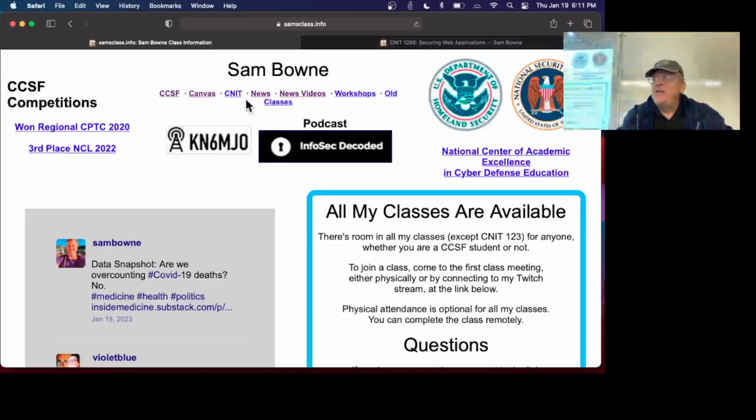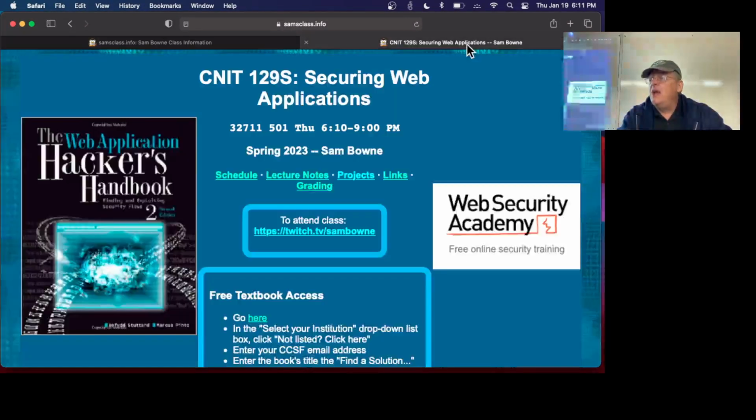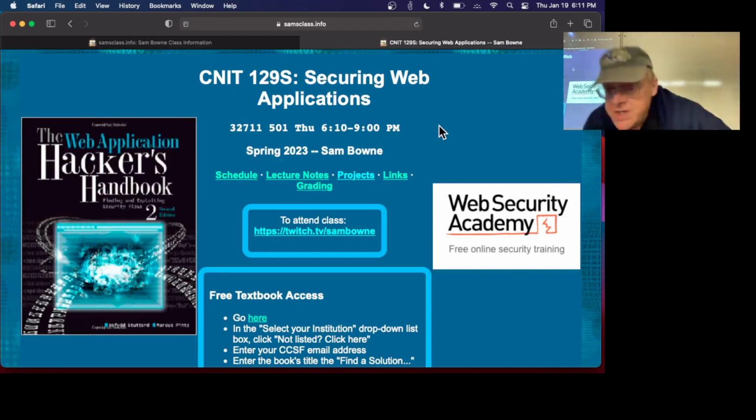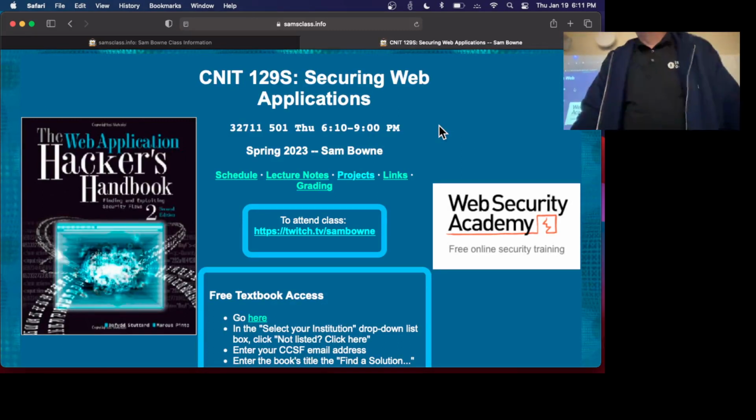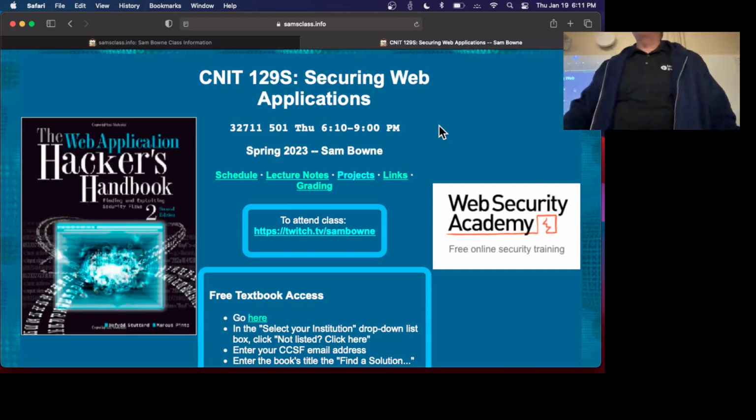So this is CNIT 129S, Securing Web Applications. I've got quite a few students in the classroom here today. You do not need to come back to the classroom. You're welcome to. I'm going to continue to teach it in this room, but most people prefer to just connect